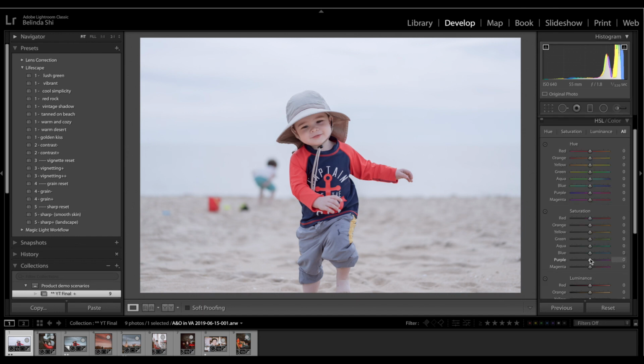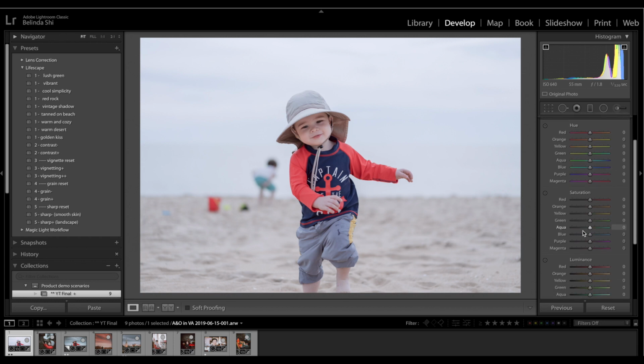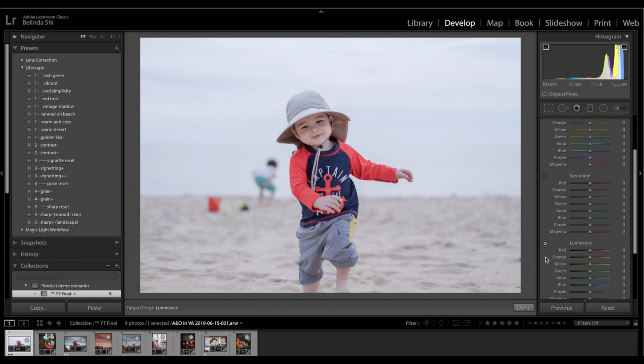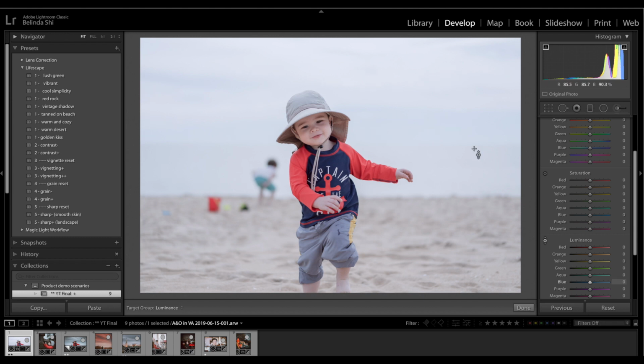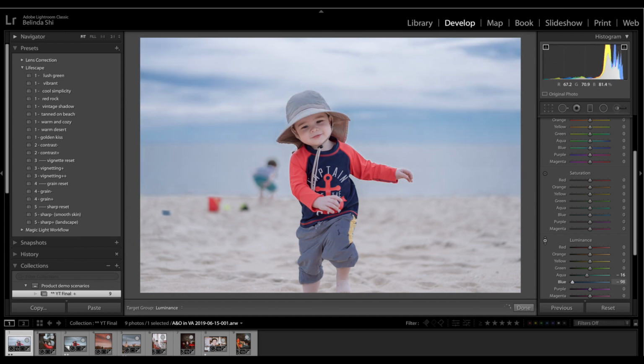The next step, I would prefer my image to look darker in the sky. Let me click on this luminance indicator. Clicking on it, you probably wouldn't see it, but there is a little bit of blue tint in the sky. Just by sliding down on the blue part that I selected, you can actually see now the sky has some texture. It doesn't look that boring anymore. And then